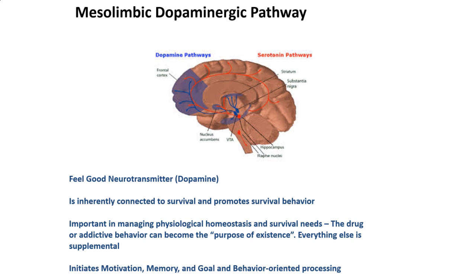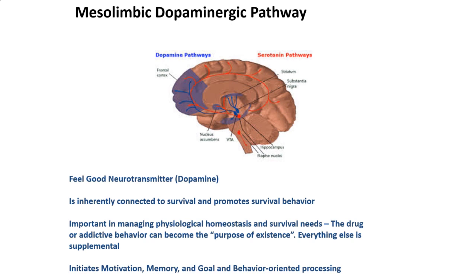Dopamine is a feel-good neurotransmitter, again, associated with reward and the feeling of pleasure. It is inherently connected to survival, and it promotes survival behavior. It is what signals to us that we need to do something to stay alive, like drink water. And when we do, we experience pleasure, especially when we're extra thirsty, so that we'll learn it and do it